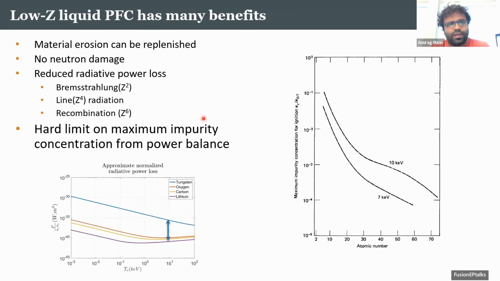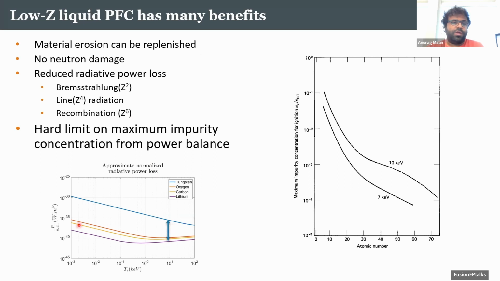Now, in addition to that, because liquid lithium especially is a low Z material, it has no material erosion issue because you can just replenish it in a homogeneous loop. There's no neutron damage because neutron damage is typically structural in solids, and there's no structural damage for liquids. There's dramatically reduced radiative power loss because most of these radiative power loss processes depend strongly on atomic number, and they reduce dramatically if you take a really low-Z material